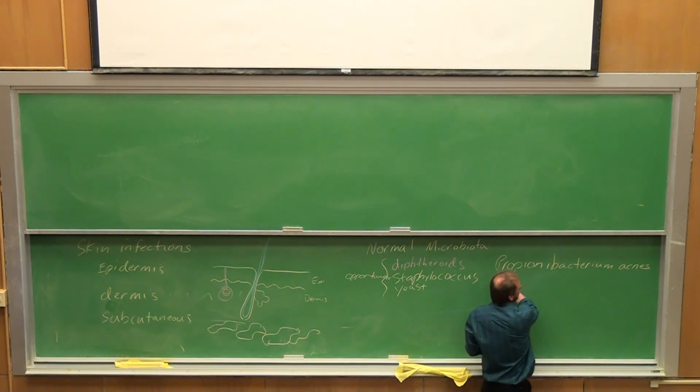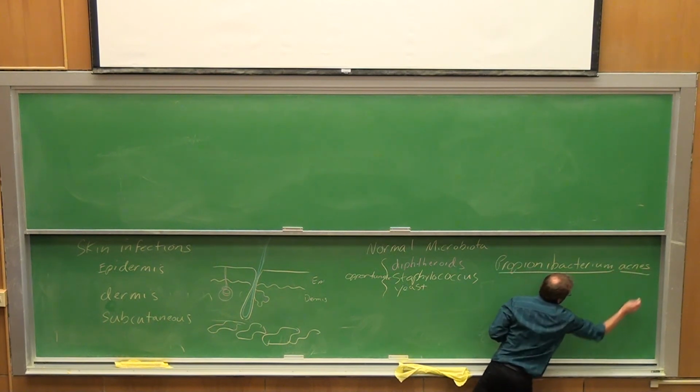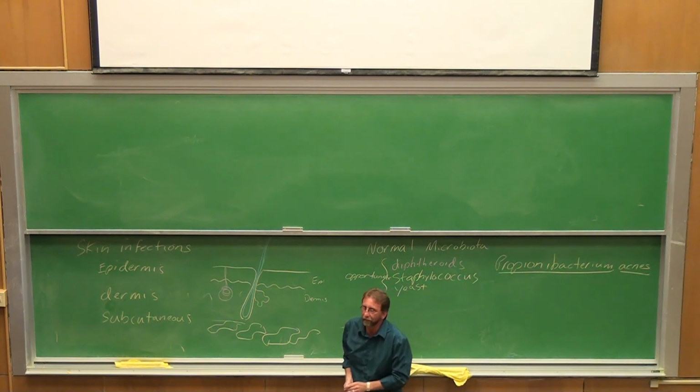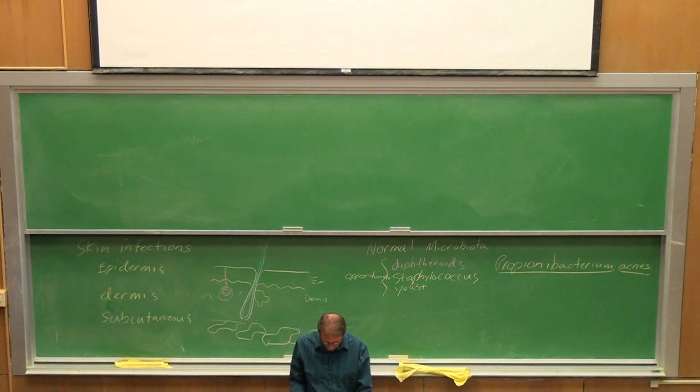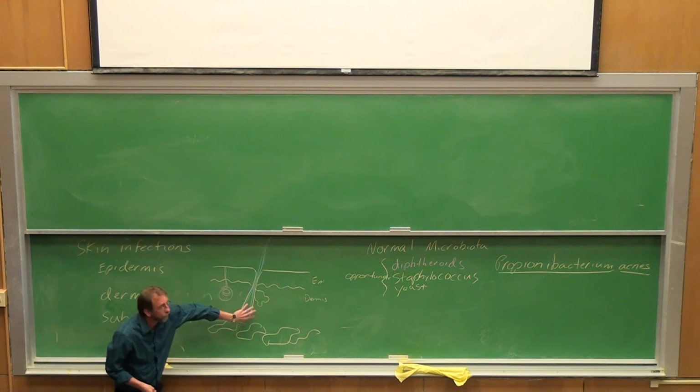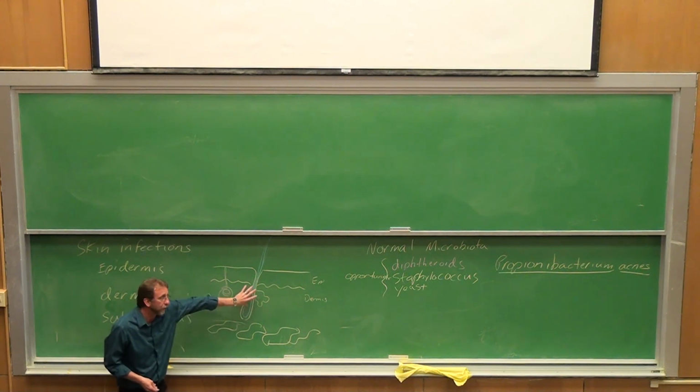This microbe, because of the name, you might think that it's responsible for acne. It's not really responsible for acne, but it is associated with breakouts. So the microbe itself grows within the hair follicle. So Propionibacterium is one of those